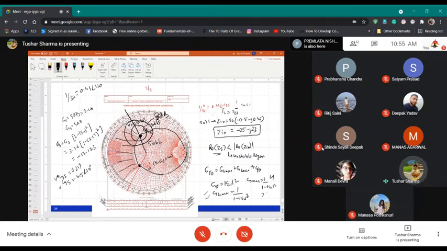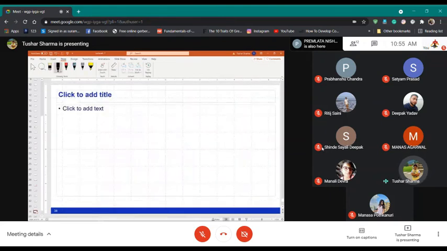This will be 3 dB, this will be 5 dB, because the higher the gain, the smaller the radius. So if I want to select something on 3 dB, I will select exactly at this point, this is my center, so that I can just select the element like this. Okay.